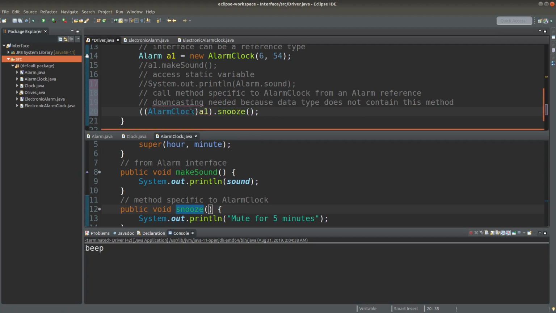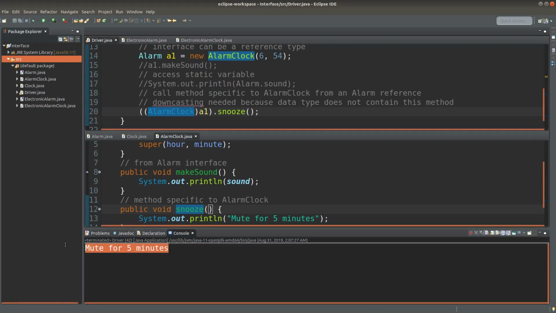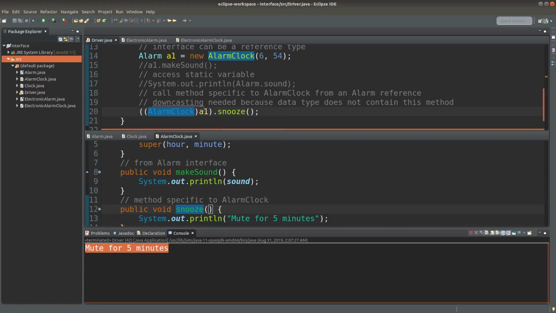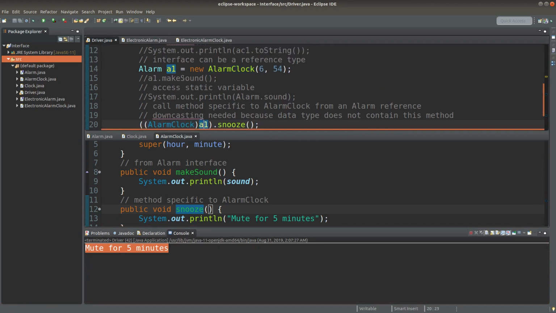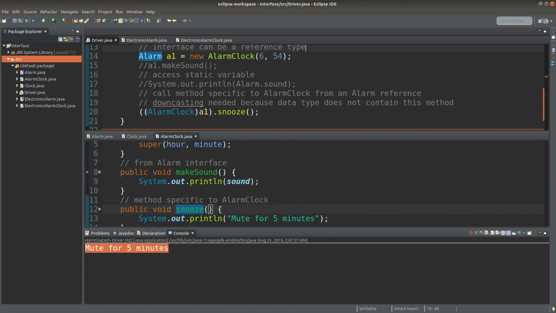So I can tell the A1 object to snooze when I have done the downcasting from alarm interface to alarm clock data type. So let me see the result. Yes, the snoozing action can be done after the downcasting. So that's why we can treat an interface as a reference type. And when we treat it as a reference type, the downcasting action is similar to what we did for handling the